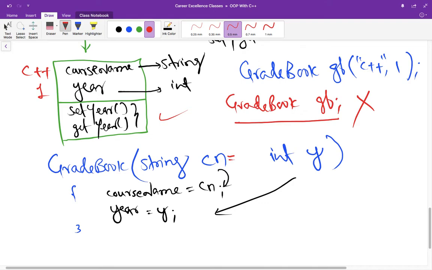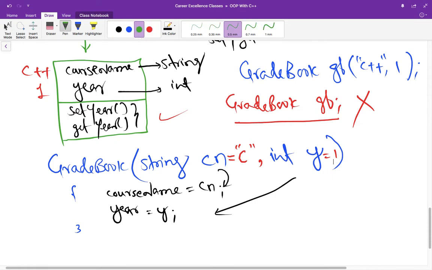So what you have to do, whenever arguments are coming to a function, you have to just write this equal sign in front of the variable and assign some default value. Maybe in this case you want to assign C within double quotes, and for the year maybe you want to assign 1 as a default value, right?